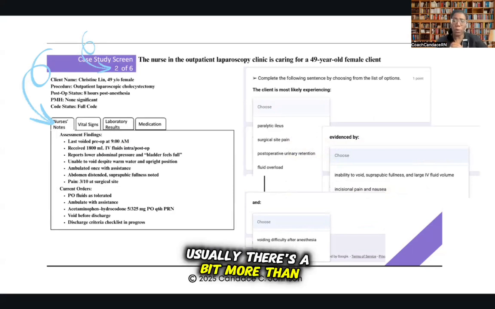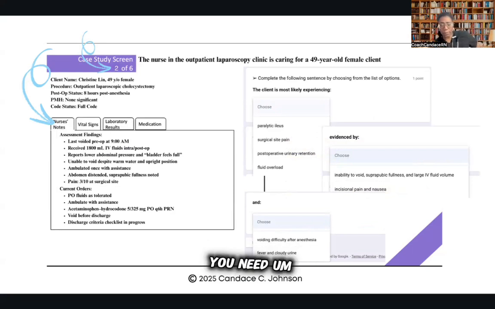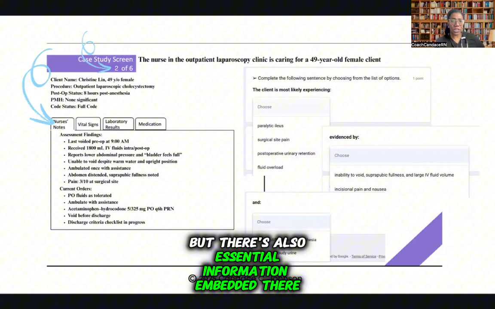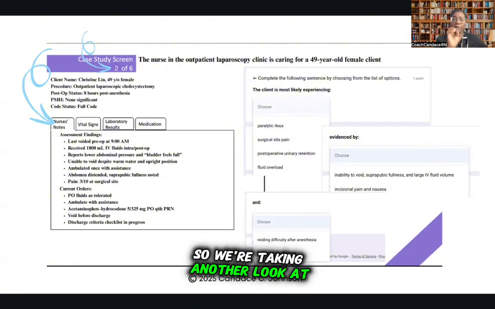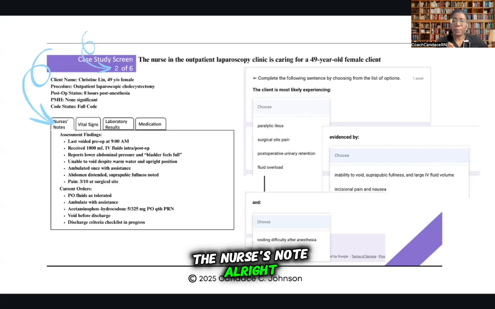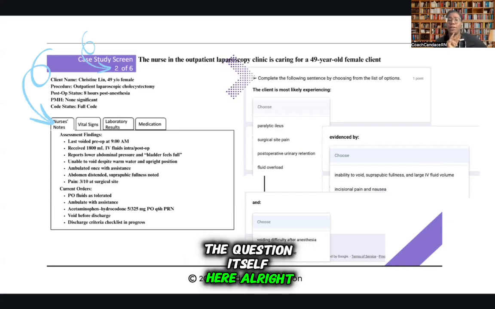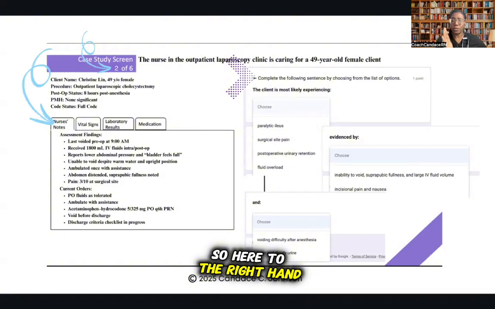Usually, there's a bit more than you need, but there's also essential information embedded there. So, we're taking another look at the nurse's note before we take a look at the question itself here. So here to the right-hand side of the screen, and I've made it a little larger than what you would see